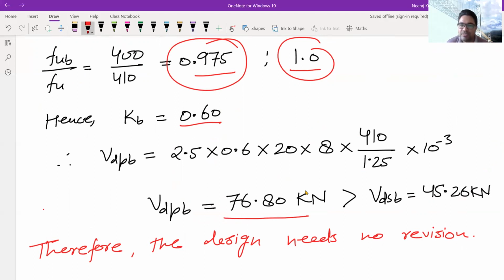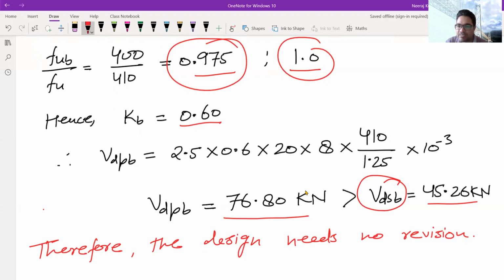And now you can see this bearing strength is more than the shearing strength of one bolt. So that is why I said that in most of the cases, bearing strength is generally more than the shearing strength. So that is why shearing strength is the main governing factor. Based on that, we have done our design.